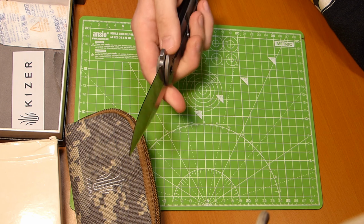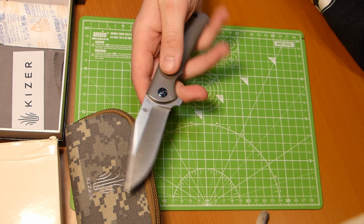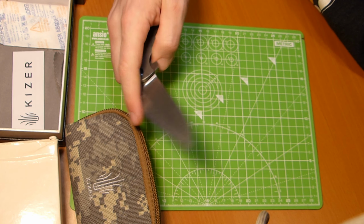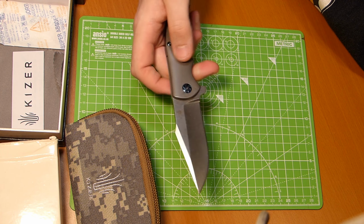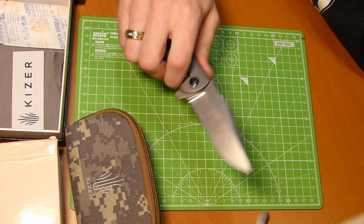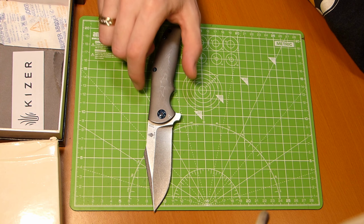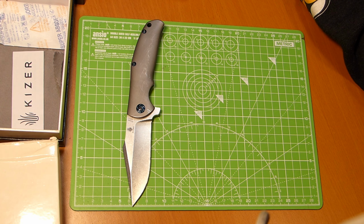Titanium handle, frame lock, everything is well contoured. S35VN blade steel, which is a high-end steel, excellent steel. Runs on ball bearings, drop shots like a pro, and is just wonderful to operate. Now, someone might wonder, does it really pay off to spend like $200 on a blade like this if you